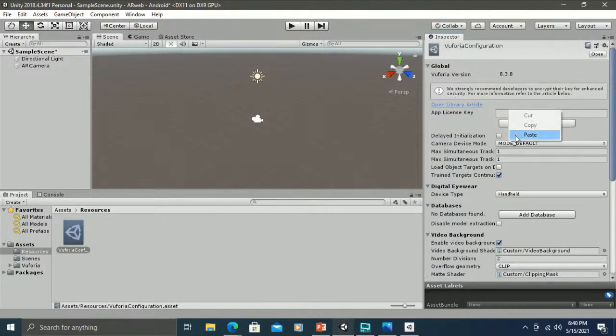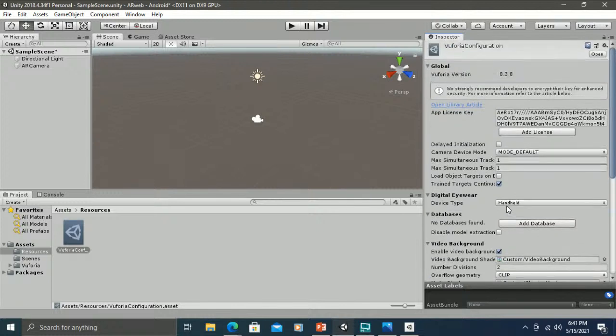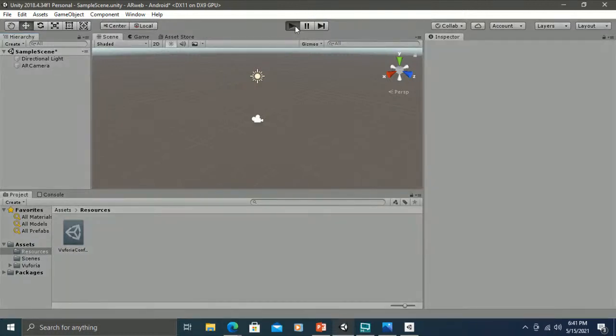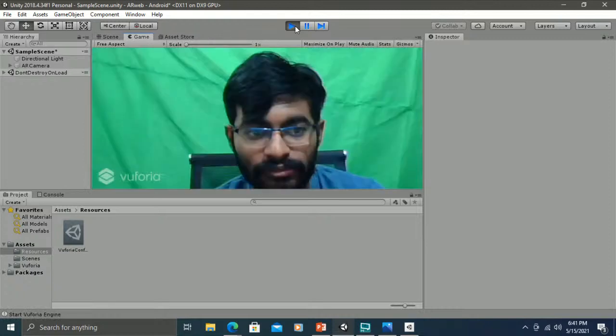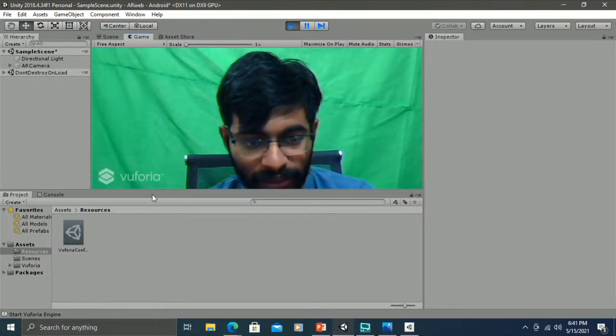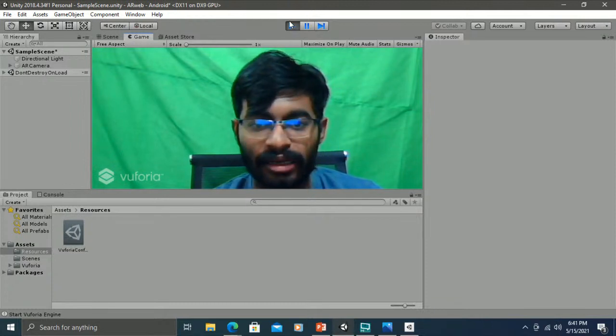So here we have to paste it. Yeah, and therefore it has automatically taken the section of Logitech webcam. So Logitech is the webcam whichever I am going to use. So now I'm just testing whether it will work or not. Yeah, so absolutely it is working, and here it has connected towards Vuforia. So here we can see that watermark. Okay, so AR camera has been interfaced,